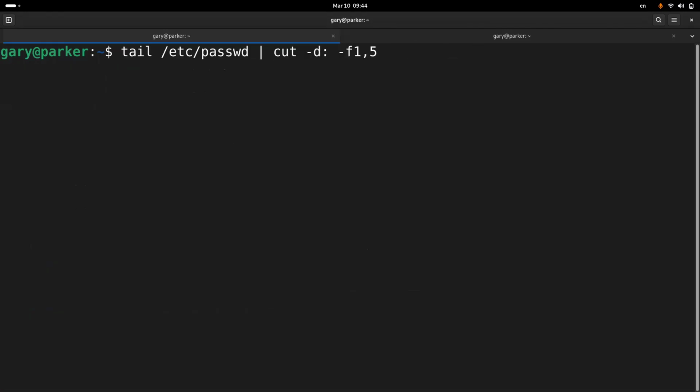So up arrow till you get the tail command with the cut. I want to save this information. So one way to save it is to use the redirection operator, which is the greater than, which points to the right, which means take this information and stash it somewhere. And I want to put it in a file called